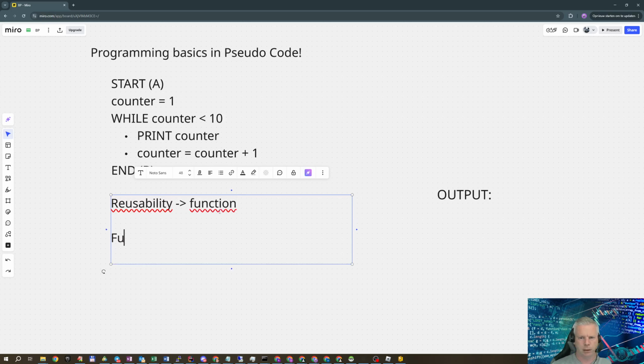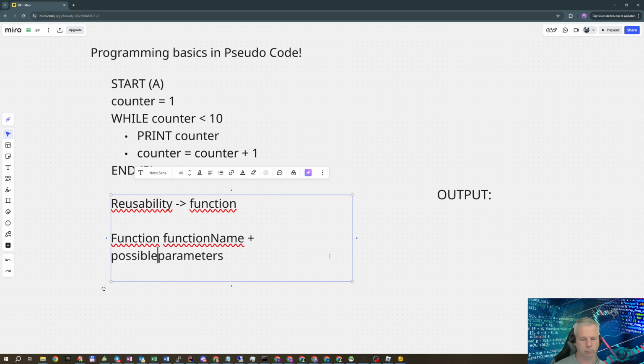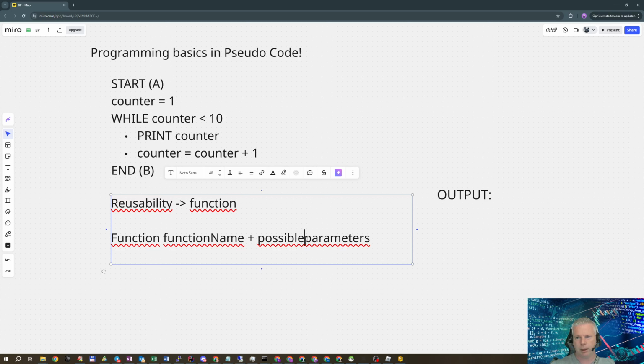This means that a function has a function name plus possible parameters. Maybe it does, maybe it does not. But in most cases, they have one or more parameters because that will be the way you can use the function more simply. So for simplicity, we just say we put parameters between